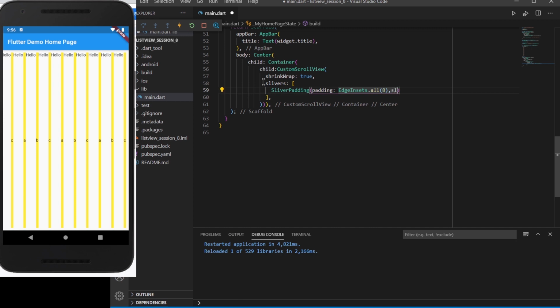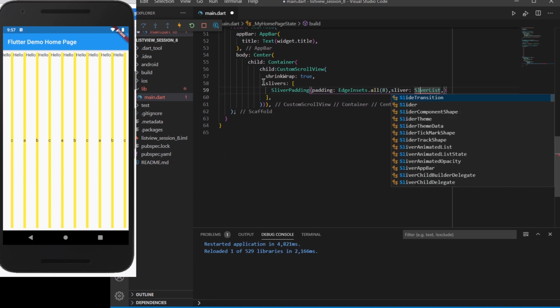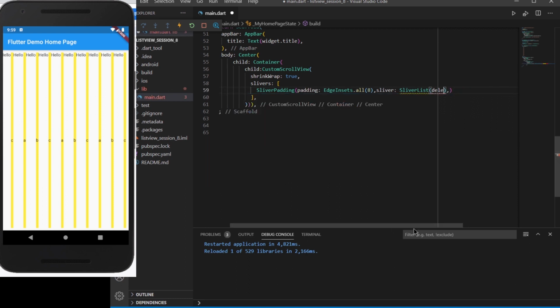Now I'll add a sliver inside it, and the sliver will be of type sliver list. So sliver is basically a name. You don't need to worry about what a sliver is. Like we have integer, or like we have boolean type, similarly we have a sliver. But this sliver, we have a list attached with this sliver, we have a padding attached with this sliver, and inside this sliver list we need to pass a delegate. So inside the delegate, I'll add a sliver